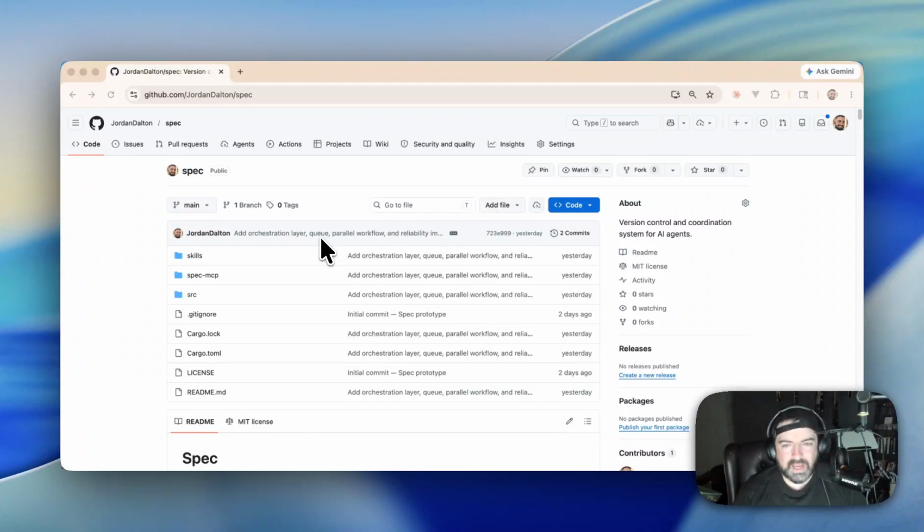And so I thought about it, and this led to the creation of the repository that is on your screen. Now, this repository is just a couple of days old, but it's called Spec. Now, it's not a version control system. Think of it sitting as one plane higher than Git. It does the coordination of version control. And hopefully that makes sense, but allow me to work my way through this.